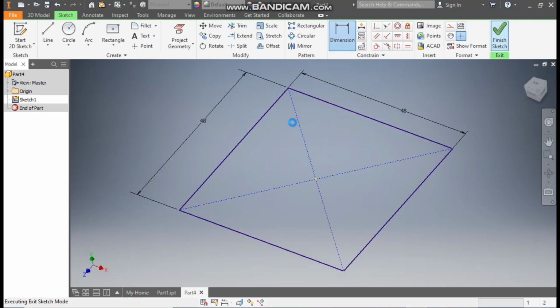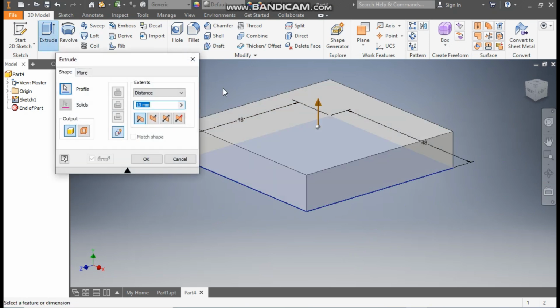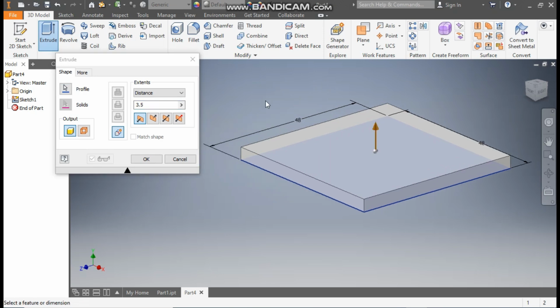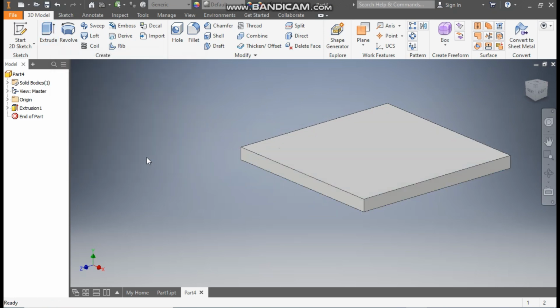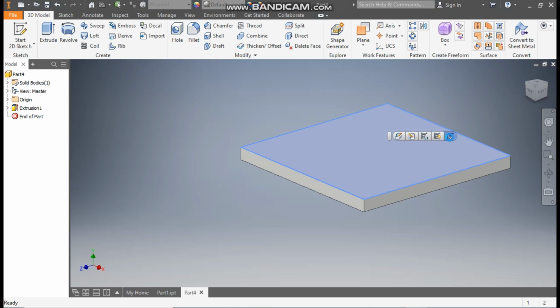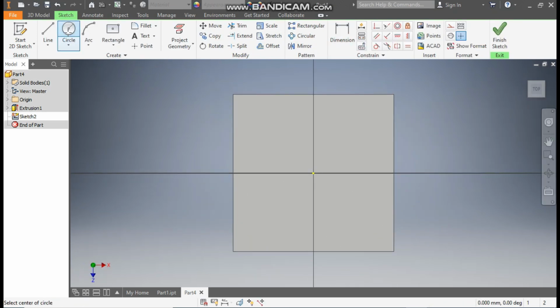Now finish sketch, take extrude of 3.5 mm. Okay, so this will be a single direction extrude towards direction 1 and press OK. Now here select this face, go to create sketch, rotate the view, take the circle command. From this center point here, we are going to draw a circle of dia 42